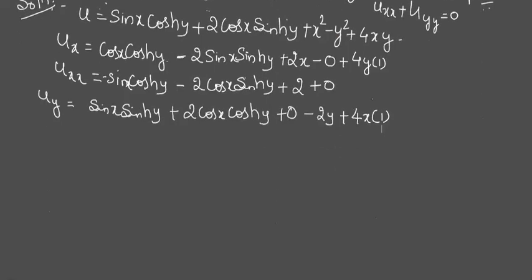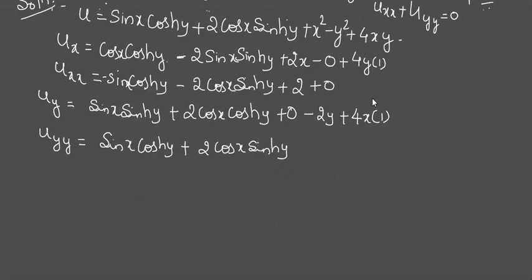4x. Okay. Again do it with respect to y. So it becomes sin x. Sin hyperbolic y is cos hyperbolic y. Cos term is constant. Cos hyperbolic y becomes sin hyperbolic y, minus 2 into 1, and then it is going to be 0. Correct? Now can we check for Laplace equation?